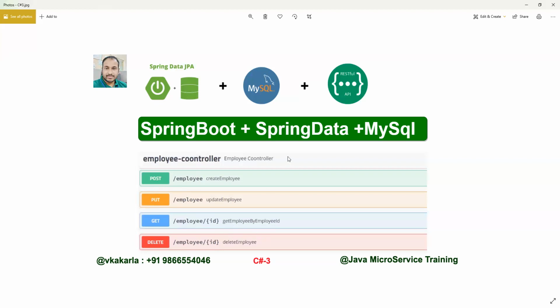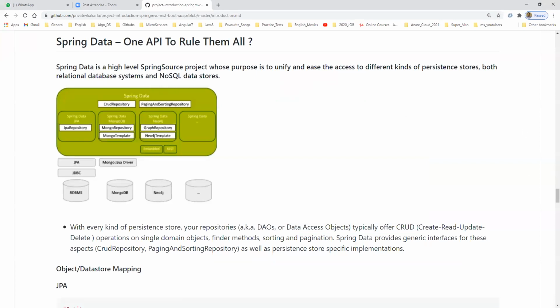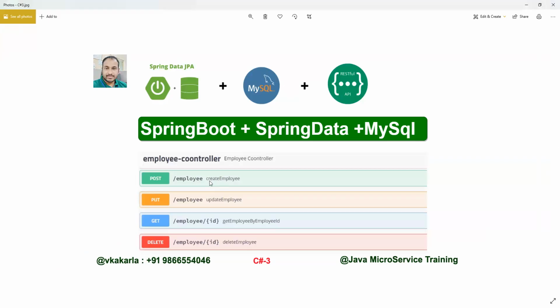Fine. So coming to Spring Data. Previously I changed this, but we need to follow this pattern only. That is the reason I mentioned it. It is not about order; it can be any order, no issue. But whenever you want to update an employee, you should have an existing employee, right?